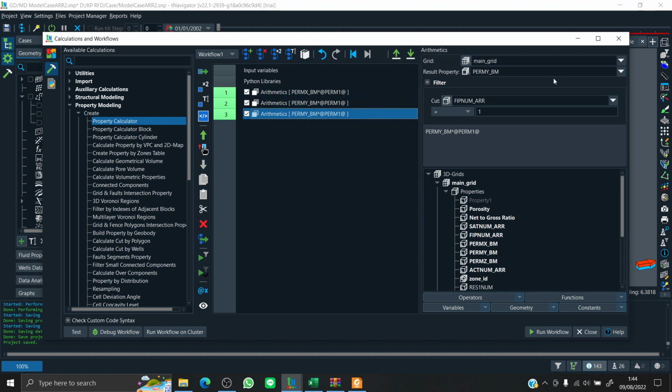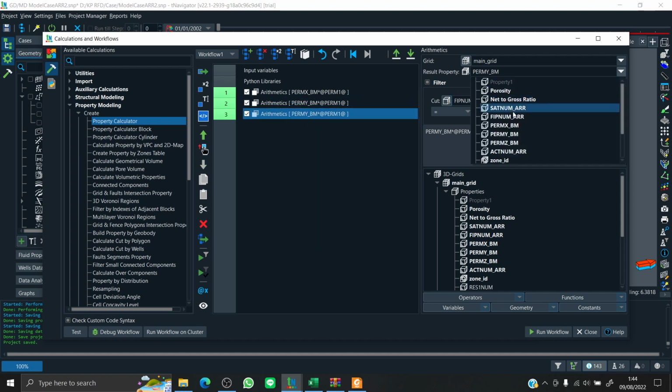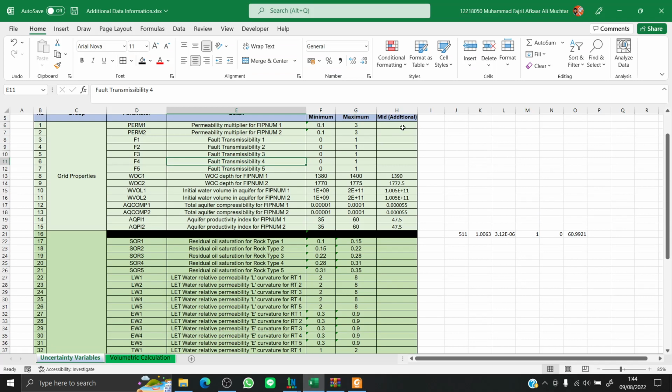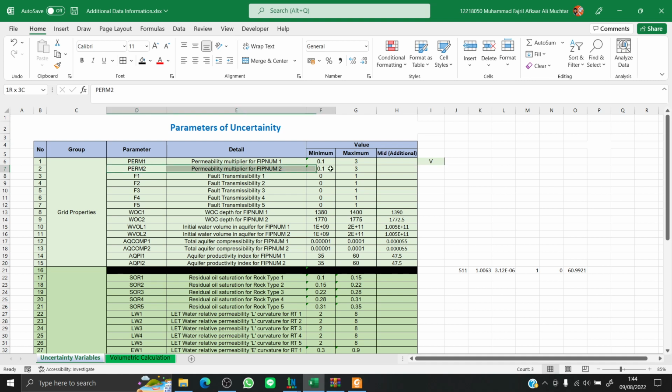Then we're just gonna duplicate it and make it for the Z permeability. Okay, and now our first variable is done, so we're just gonna mark it. And then for the second permeability multiplier, it's exactly the same.